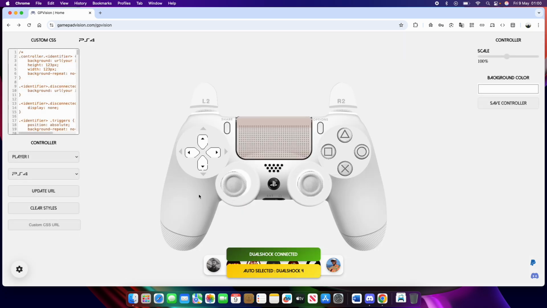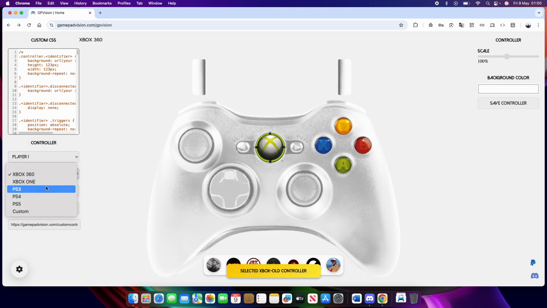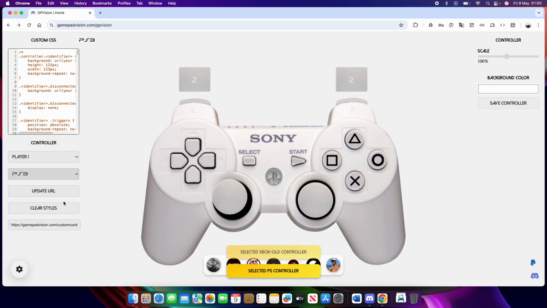If I just connect my controller, I'm using a PS4 controller, so it's detected it and it's showing me a PS4 controller. But again, you can just select any of these. It's probably the nicest one. Now then,